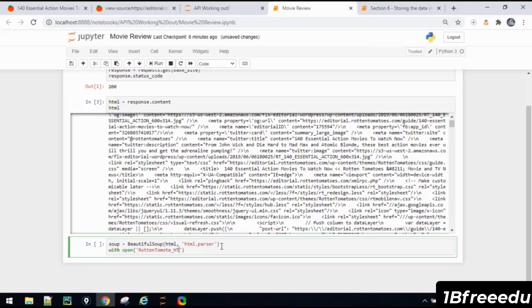HTML parser, something like that. .html, and I will store it in workbook as file, and then I'll write the file. File.write